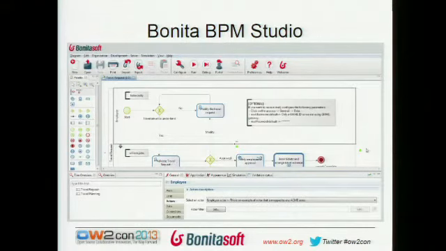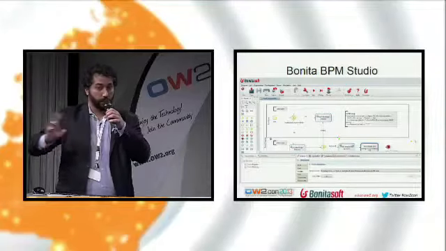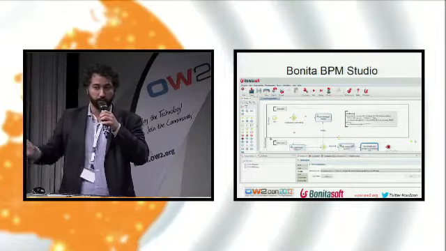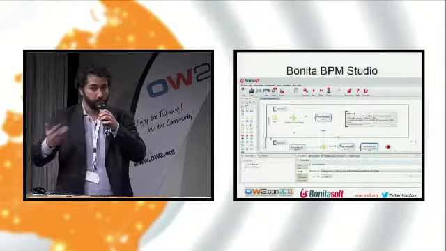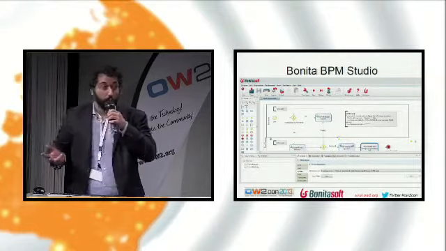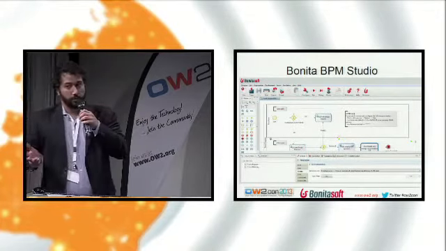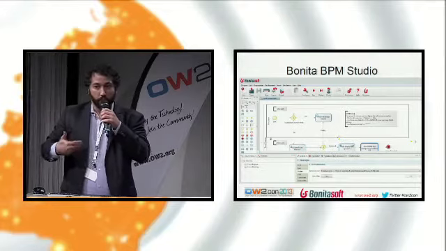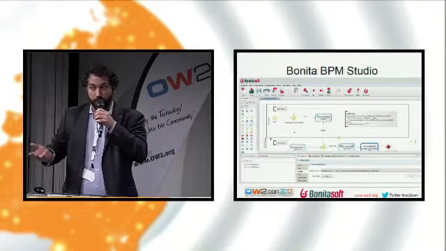At the bottom you have all the options you can set, and in the center you have the diagram design space, where you can drag and drop, put links between steps, create human steps, automatic steps, add connectors to anything, and then design forms. With those forms, human tasks can interact with people.